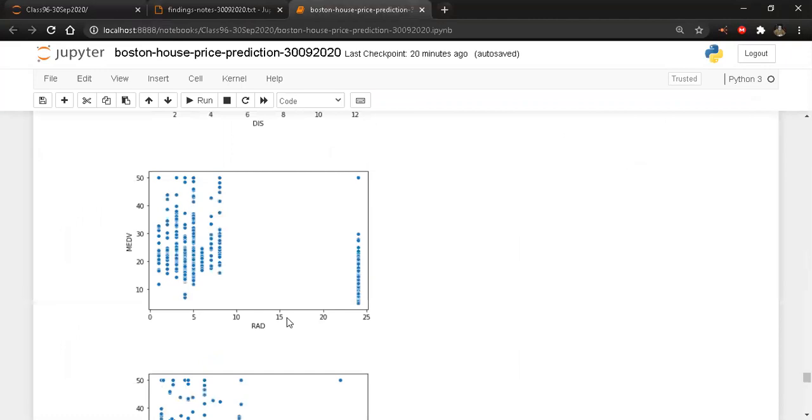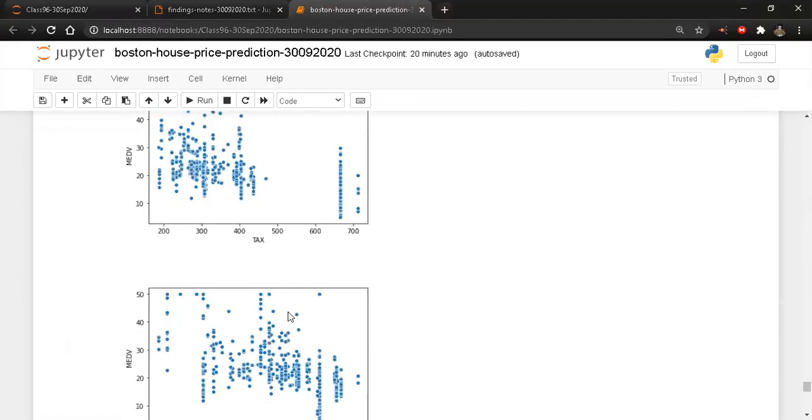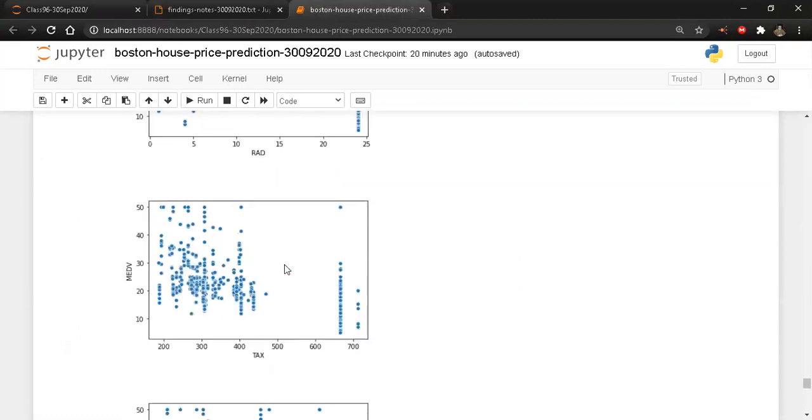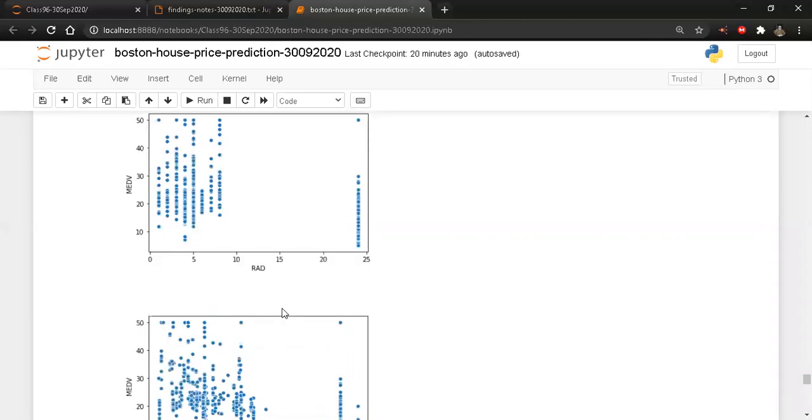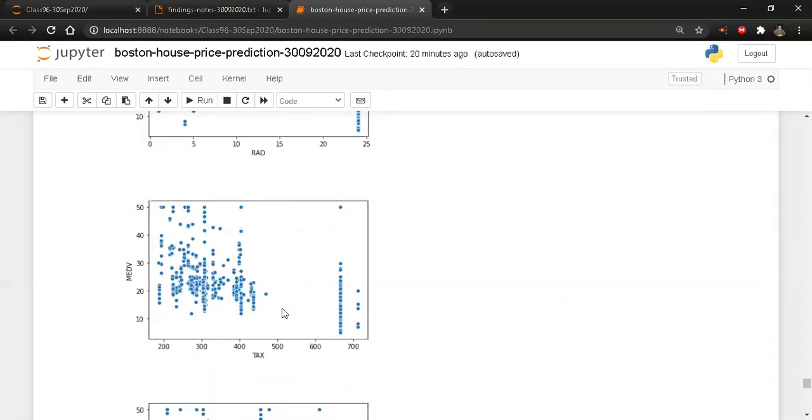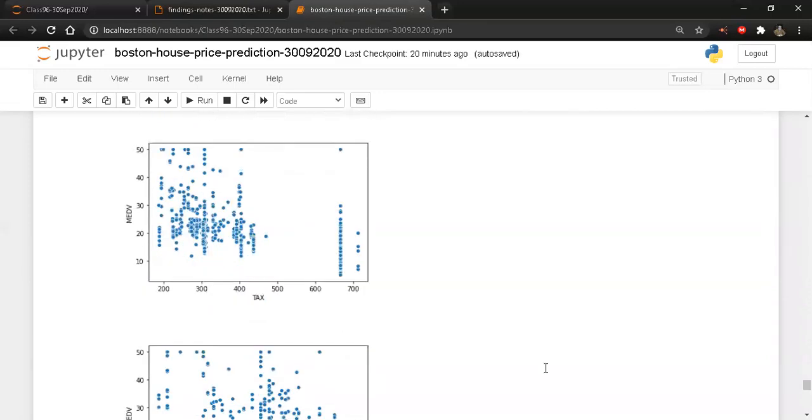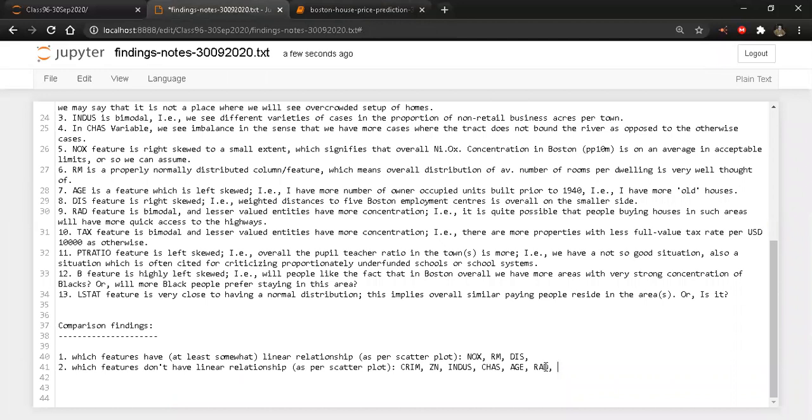Obviously, there is no relationship. RAD very bad, tax very bad. Tax is also very bad. I mean, this is really interesting. And people might be having very good salaries in Boston, right? I mean, there is no upward or downward trend like relationship between the median value of a house and the tax which people are paying. So yeah, I don't know. So RAD and tax, these are not good. So I'll put it over here. RAD, tax, these are really not good. As per me, these are not good.